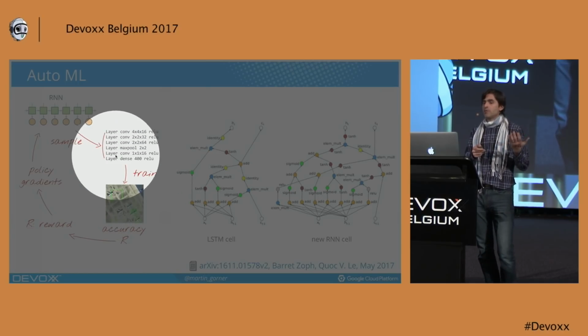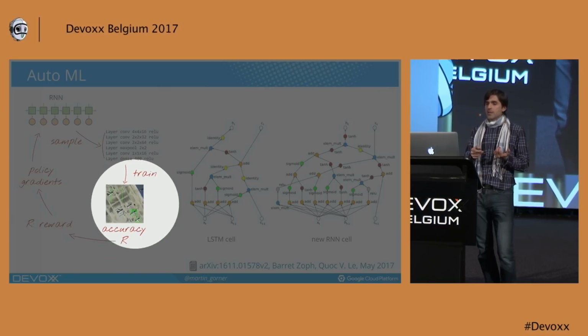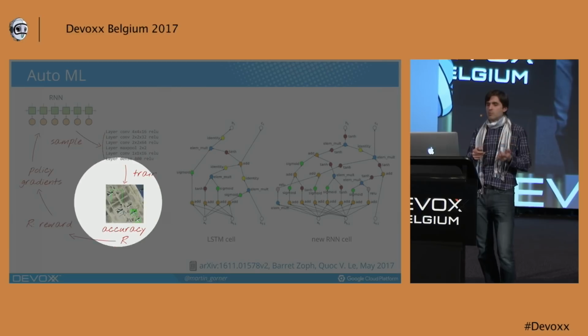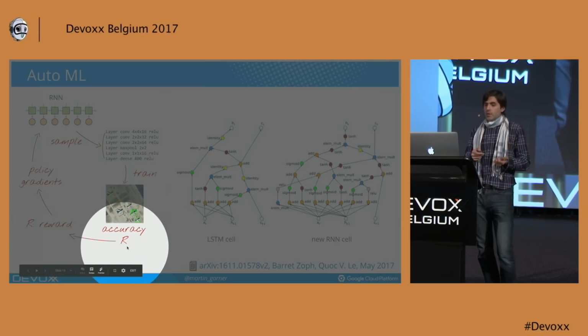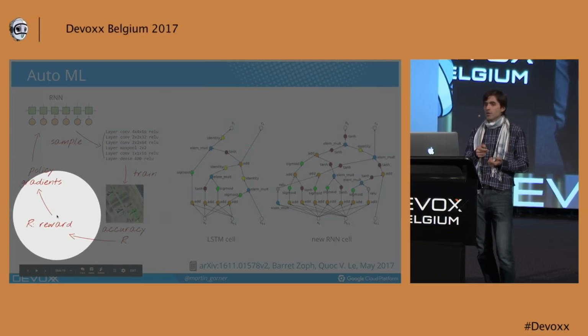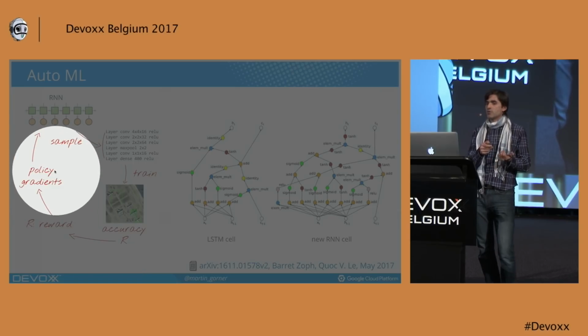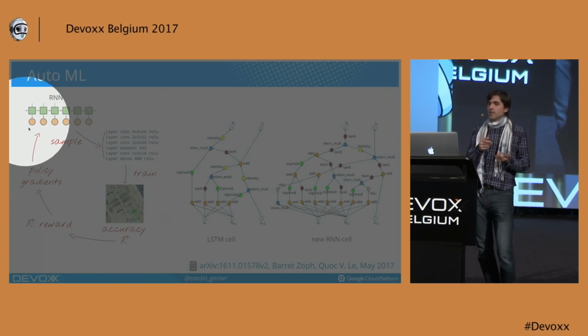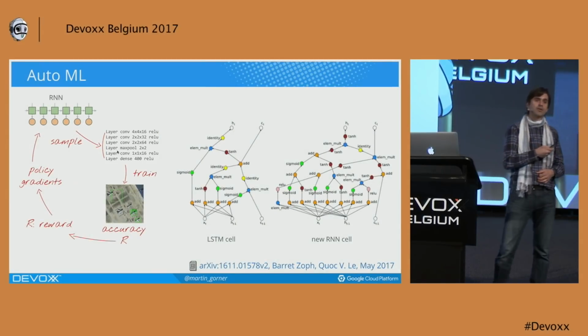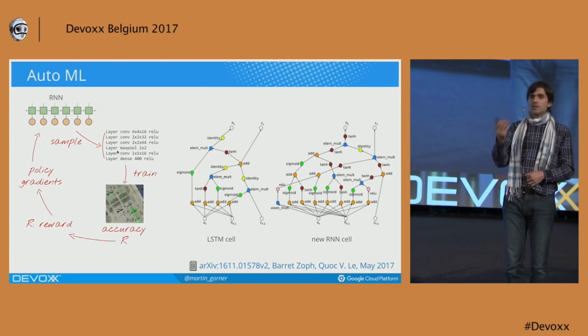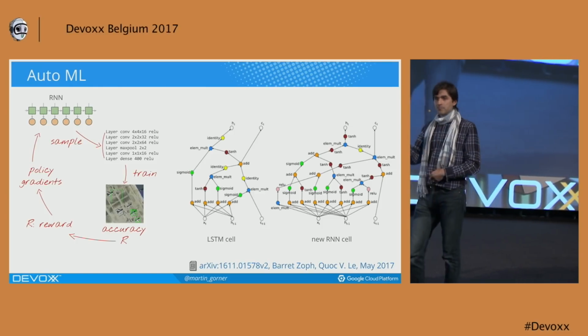Well, initially it will probably not solve it very well, but we can train this neural network on our problem, let's say detecting airplanes, and at the end it will have some accuracy. We can take this accuracy and make that into a reward using our policy gradient reinforcement learning technique to influence the weights and biases in this neural network to produce a better architecture. And this is reinforcement learning used to generate neural network architectures that solve a given problem in an optimal way.